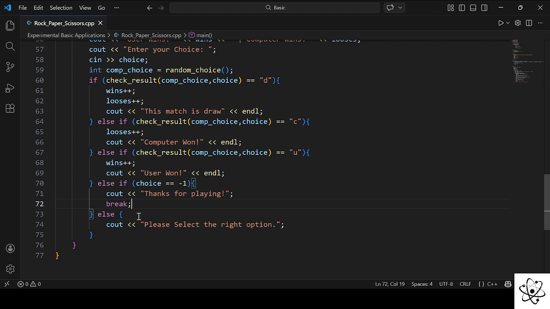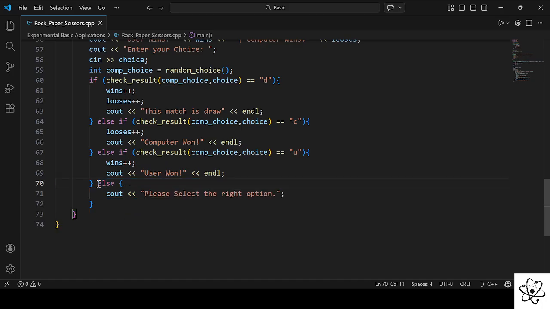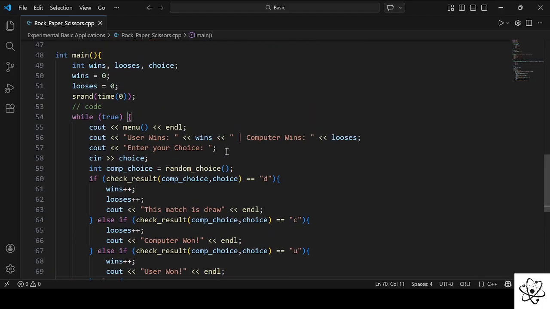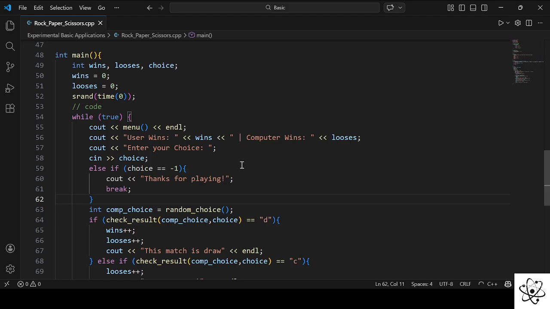Maybe we need to put this choice actually before. So if I cut that part and put that after this choice, to see whether